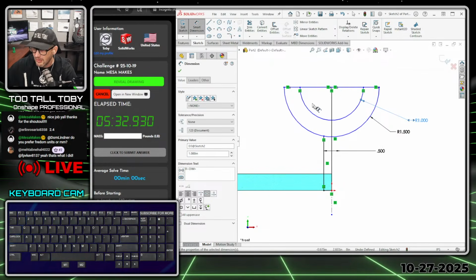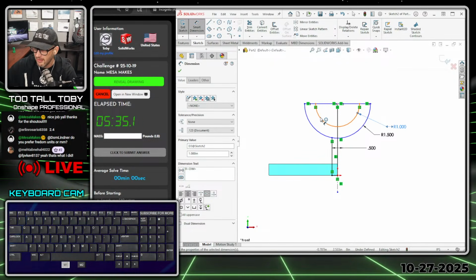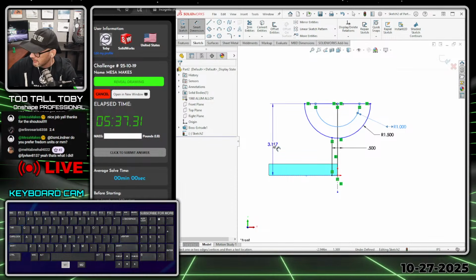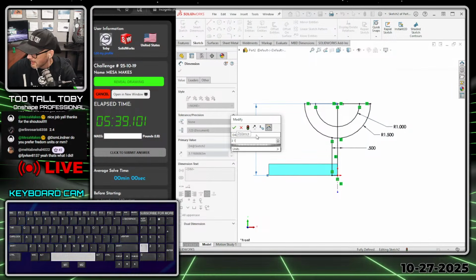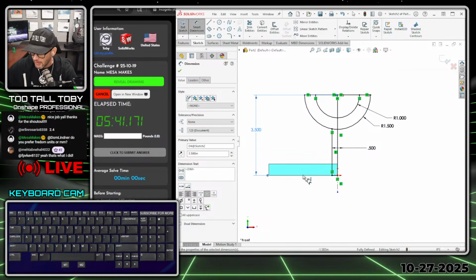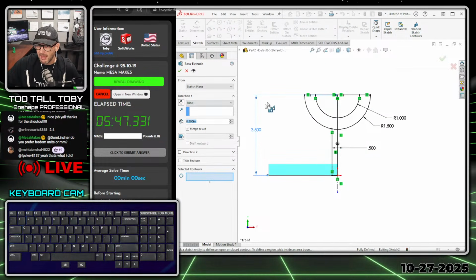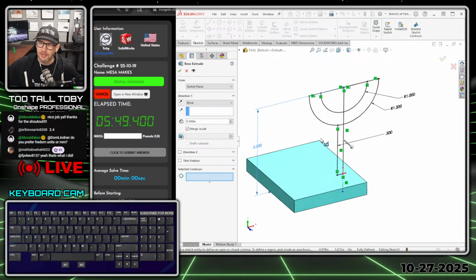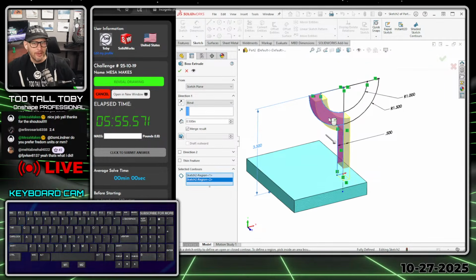The height to the center of that arc, which is also the location of that line there, from the base is a height of 3 space 1/2. And there we go. Nice fully defined sketch. S key, extrude. And when I jump into my extrude command here, again, you just kind of have to know how your different CAD systems react to this type of input. In this case, it looks like it is letting me select the profiles, but there's been plenty of times where